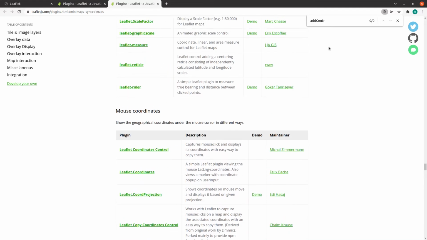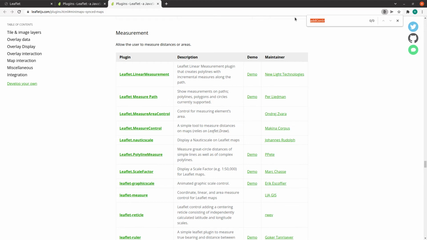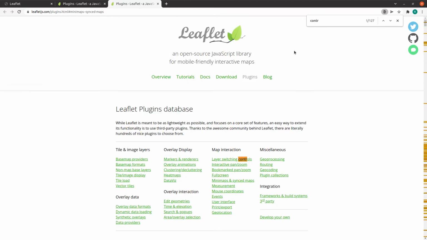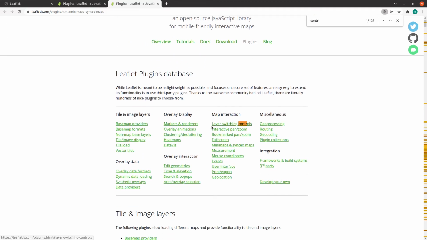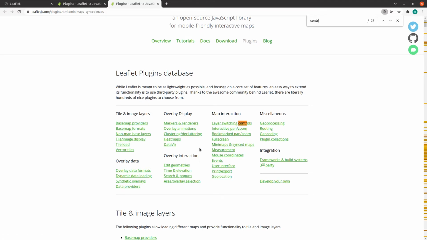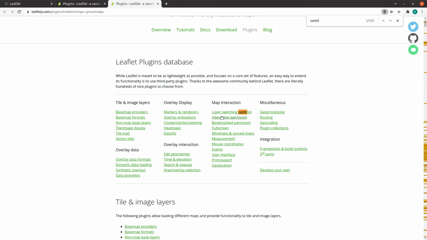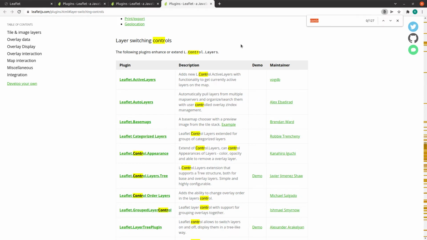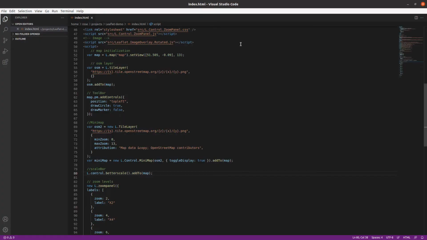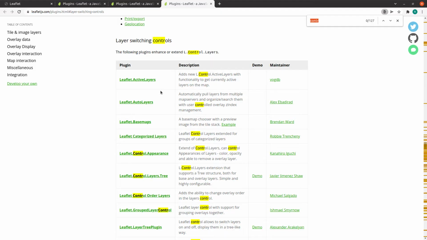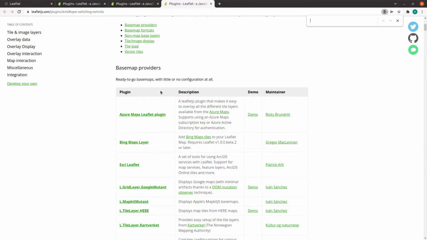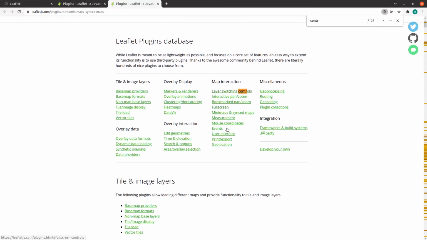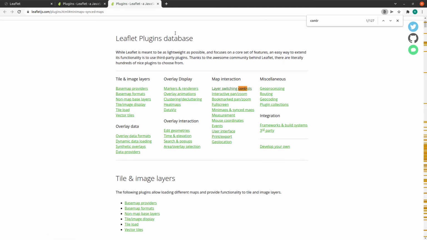That is inside the, here I think you can go for controls, switching controls, and you can go for one.